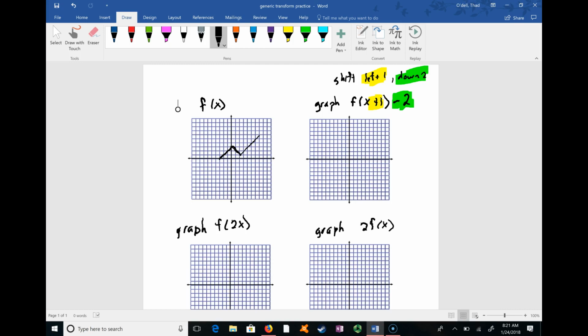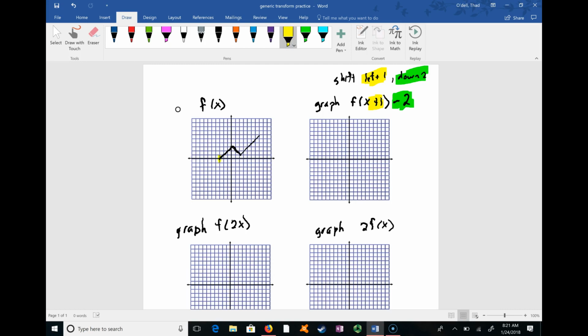Now, in a parent function, we kind of know the whole shape of the graph, so the way we do that is different. In this case, because I don't really know the shape of the graph that well, it's a finite graph. So what I would do in this case is just apply the transformation to a couple of key points. So for example,